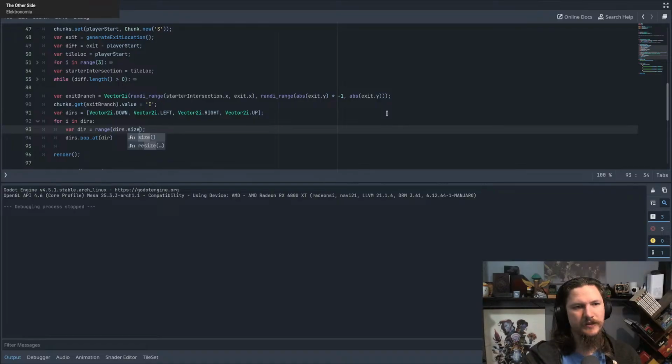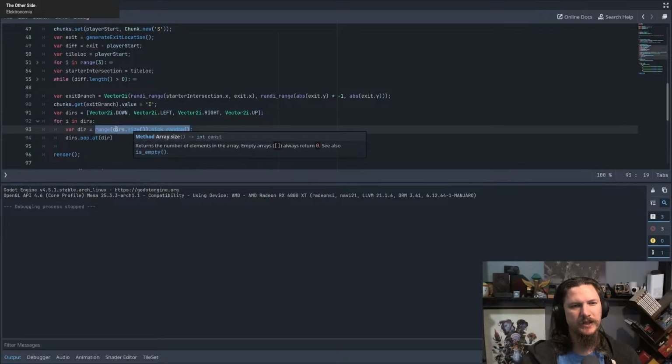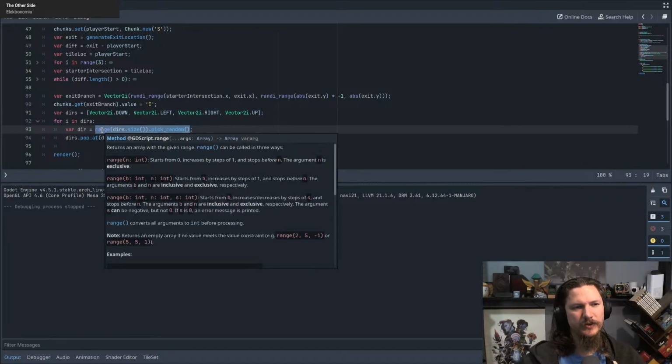Maybe dot size. Dot pick random. That will give us a random index. Is range going to